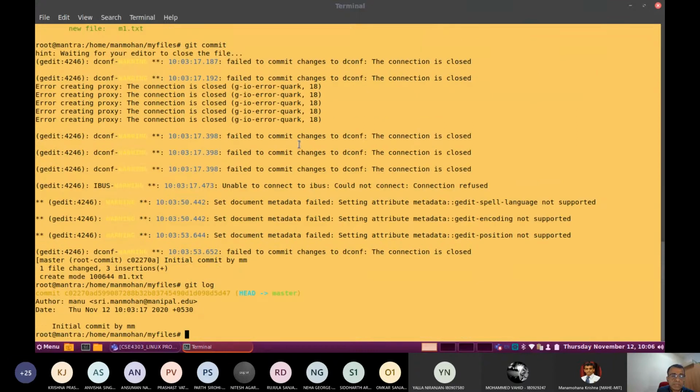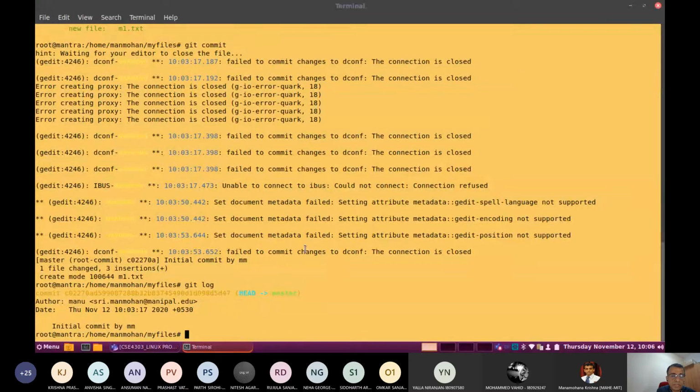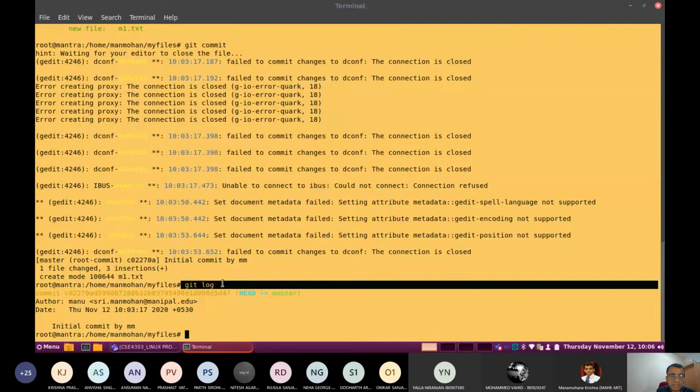Then once you do some modification, you commit it. Note down how to commit: the command is git space commit, then your changes are saved in the repository. When it is saved in the repository, you can find it out with git log.